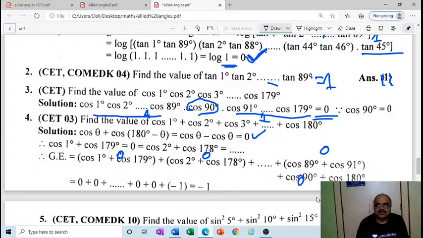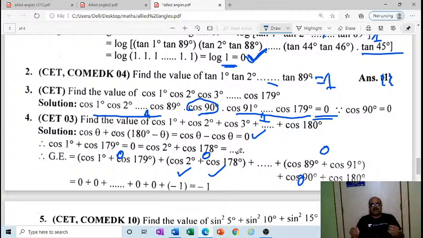Cos 90 is 0. Whereas cos 180 will be minus 1. Cos 0 is 1. Cos 180 is minus 1. Rest all values are going to be 0. Only cos 180 which is left independently, that is minus 1. The answer is minus